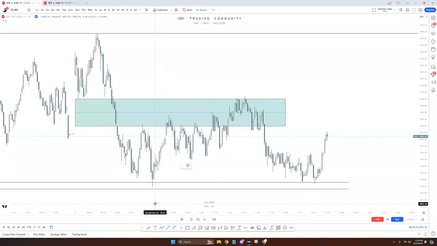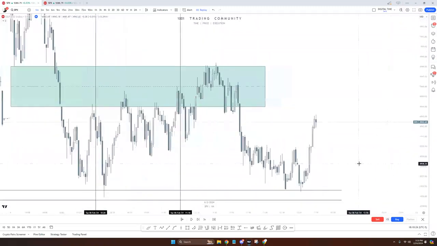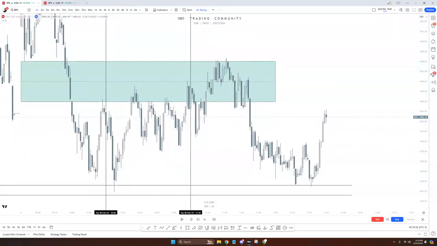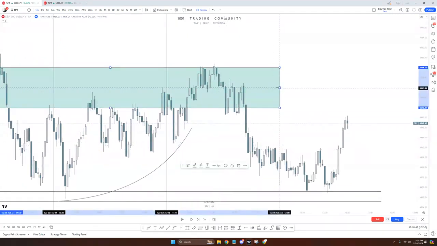When Model 11 creates engineered liquidity, just like weekly session models from the book, we need to be smiling and smirking because we know, oh, we have this bearish PD array up here. I am now expecting Model 110. All this beautiful liquidity is sitting right here. This is going to be a very easy trade. All I need to do now is wait for high resistance liquidity to form on the 1 minute, and I'll dissect it here for you in a second. So that's our bearish PD array,